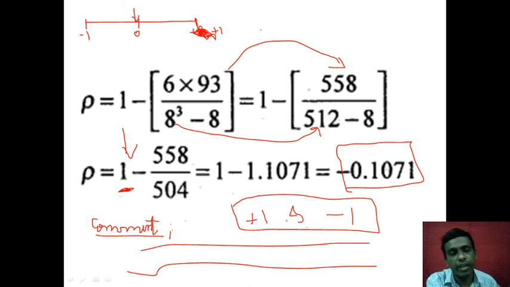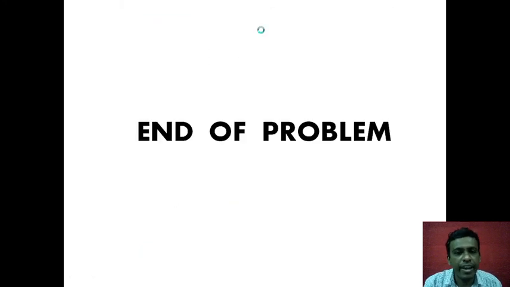If it is in the negative direction, it is negative correlation. On the positive side, it is positive correlation. If it is close to 0, it is weak correlation. If it is close towards 1 or -1, it is strong correlation. This is the only thing that you should understand with this. That is the interpretation that you carry out. So with this we have ended today's problem, but not today's lecture.